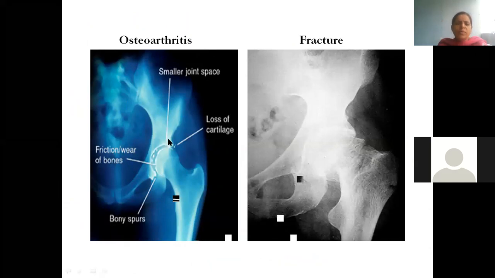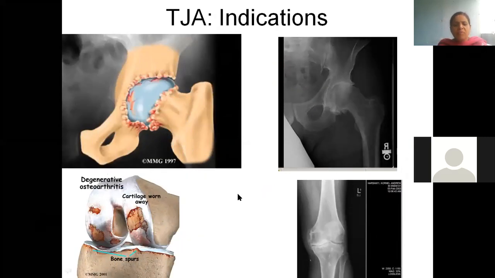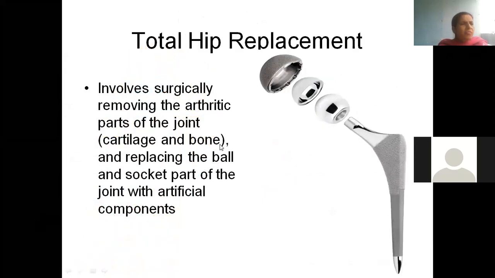Okay, so osteoarthritis, I also told you when I was doing the knee joint: if the articular cartilage is getting degenerated, and in that place you see the formation of osteophytes, then the bones come directly in contact. They start rubbing, because of which pain is felt. But osteoarthritis of the hip is comparatively less common when you compare it with the knee joint. Okay, all these are not required. Total hip joint replacement surgeries are generally performed if there is a lot of